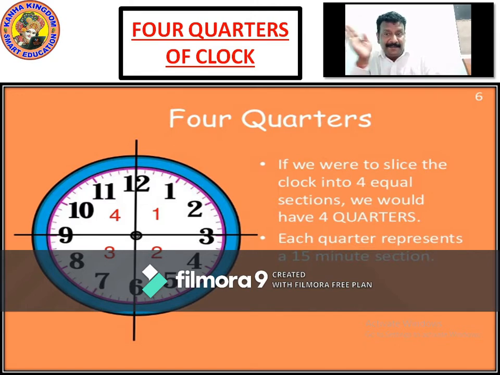If you make a straight line, it becomes half and half. If you draw a horizontal line, that half is again divided into half. So from 1 to 3, 3 to 6, 6 to 9, 9 to 12. This is divided into half, that half is divided into half, it becomes a quarter. When a round thing has a straight line and a horizontal line, it divides into 4 sections, right?